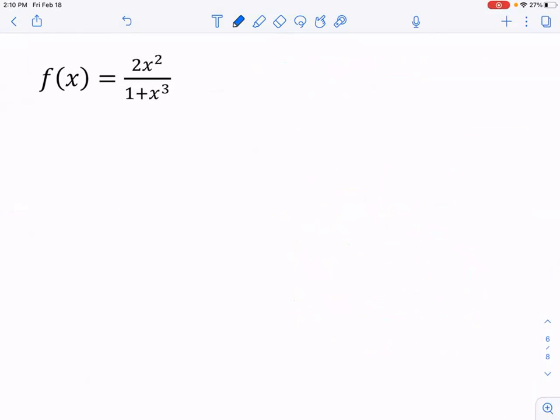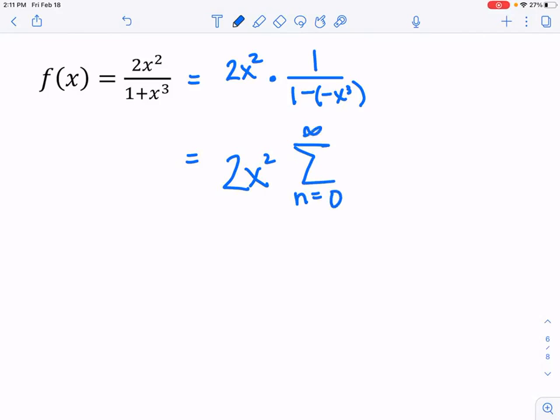You say u-substitution? Well, if we were integrating, that would be a great idea, but we're not integrating. Okay, so if I rewrite it like this, 2x squared times 1 over 1 minus negative x cubed, I see a over 1 minus r. Do you? Okay, so I can write this as 2x squared times the series from 0 to infinity of a times,